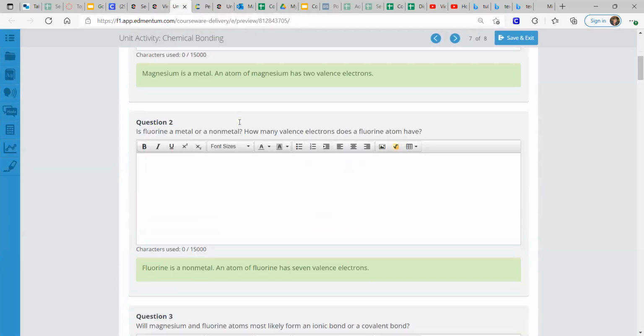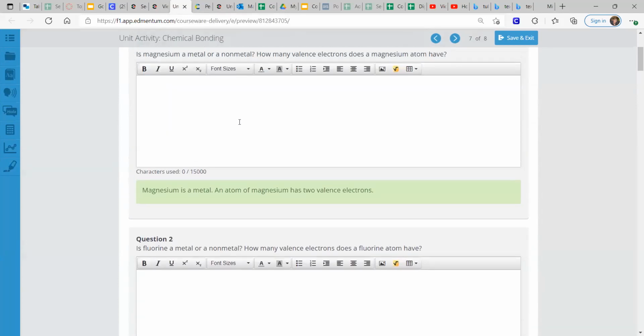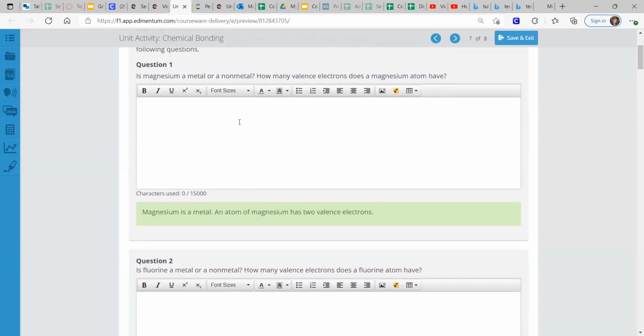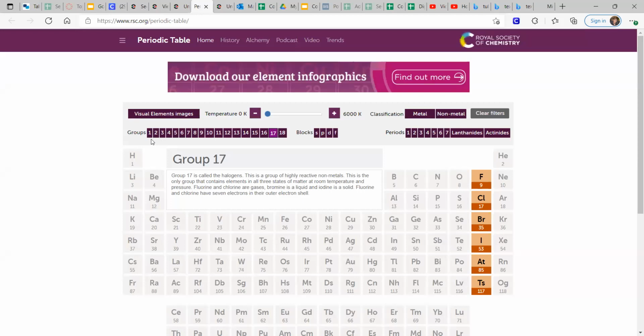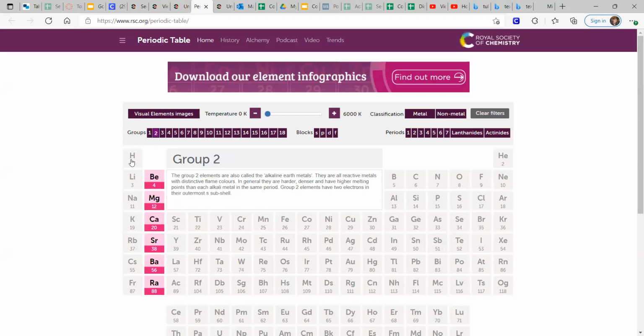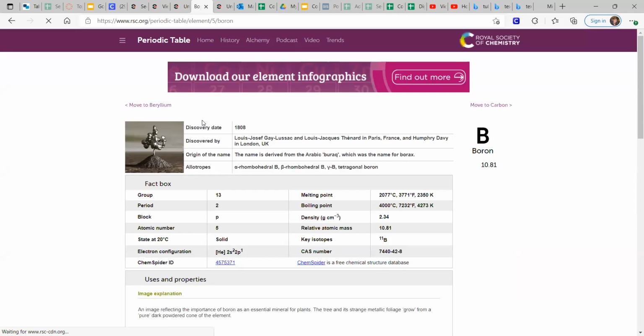And there we go. Magnesium is a metal, and it has 2 valence electrons. A way to easily predict that is group 1 has 1 valence electron, group 2 has 2 valence electrons, group